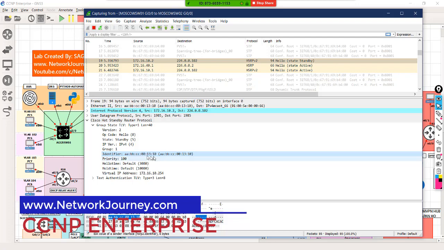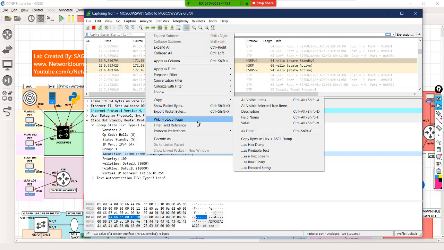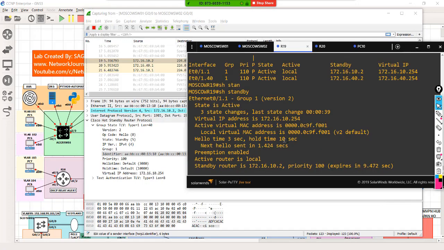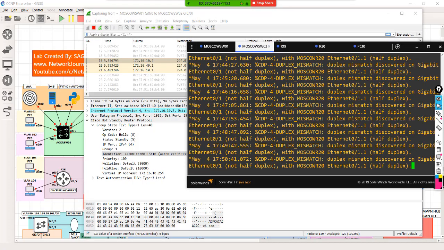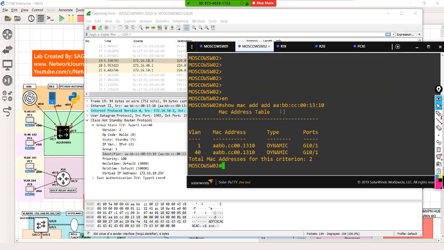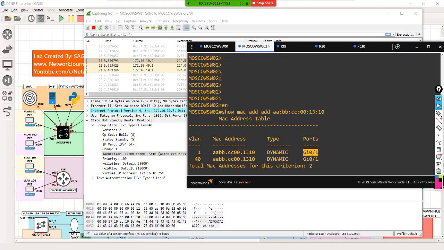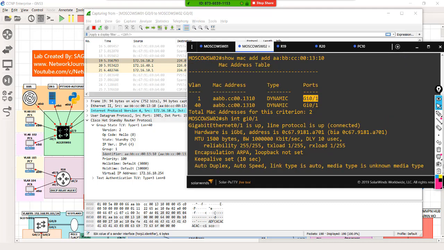Now what is this MAC address? So let's quickly troubleshoot. Okay, so I'm going to copy this first. Okay, I'm going to my switch and I'm just going to do some troubleshooting. So let's say this is a command to find this out, and it clearly tells me that this is a MAC address that's associated with this interface. So let's find it out. Okay, so this is the interface 0/1 where this MAC ID is being learned.